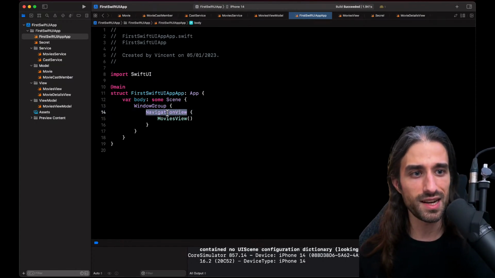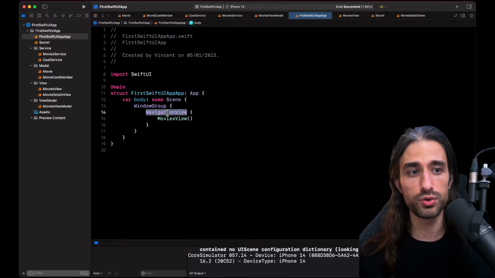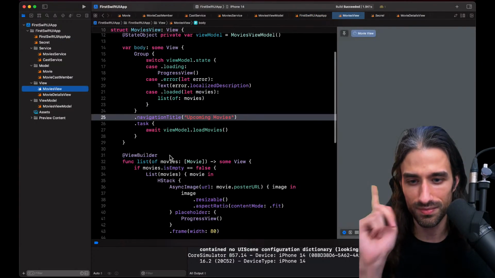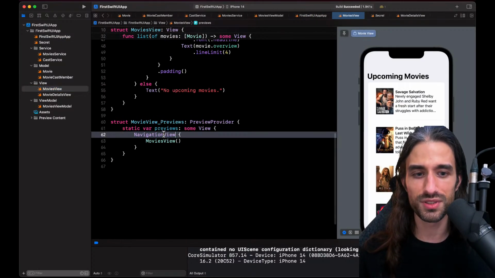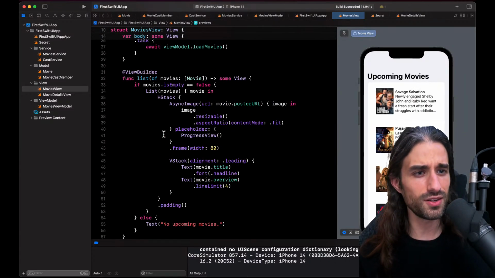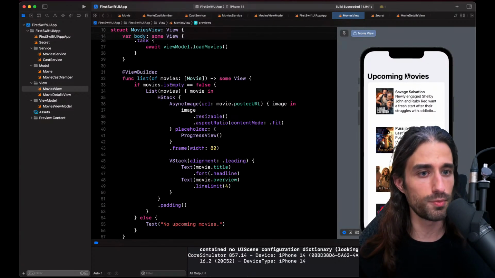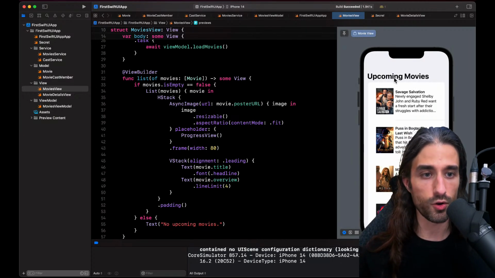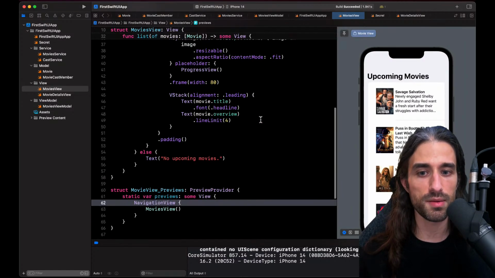And so it's been deprecated, like you said, which means that it will be removed in a future version of iOS. But if you have to support iOS 15, you still need to use navigation view. That was the reason. So I'm going to put it back. You can see a little bit of difference in behavior because navigation view by default has a large title, whereas navigation stack doesn't.